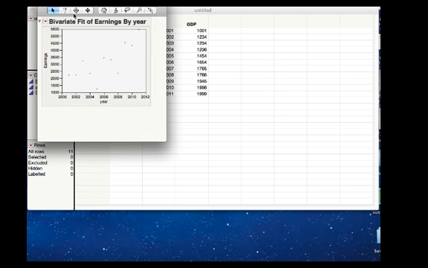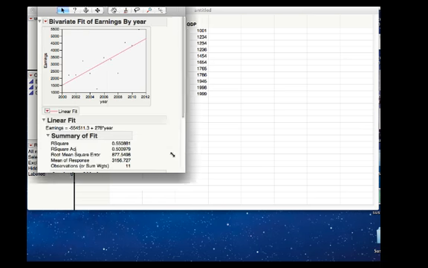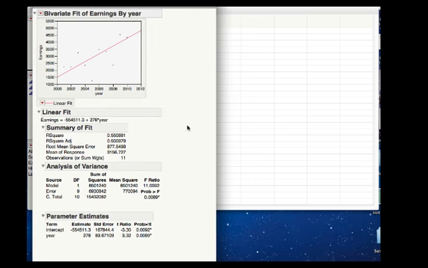So you can see I have this data here, and in this program the way you look at it is you look at Fit Line. So they've put a line through this, and I'm going to help you interpret what this data means. So what I've done here is all of these years, and these are the earnings values, and I just have a trend line going through it. And this is the equation for the trend line. The intercept is at minus that huge number. But for each year, it goes up